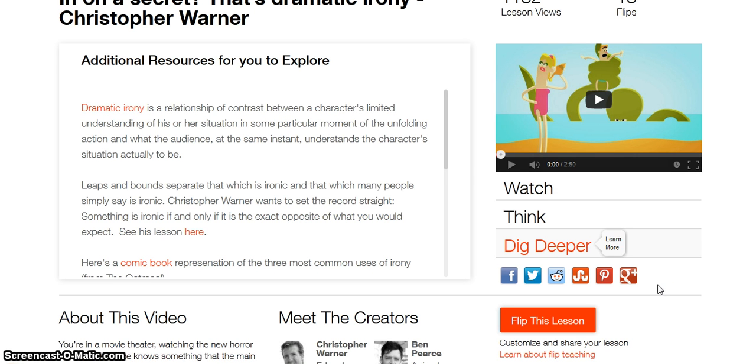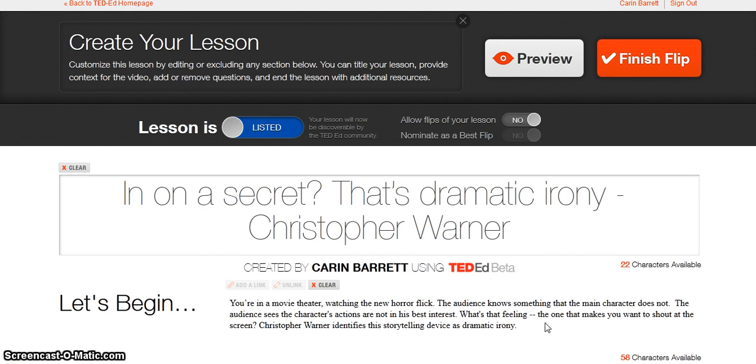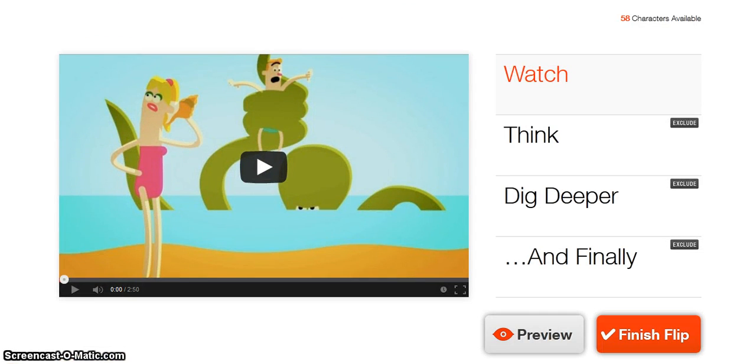Since I'm already logged in, I can choose to flip it, and it will take me to a page where this becomes my lesson. You can see it says created by Karen Barrett. I can leave the title the same and everything if I want to, but this is what allows me to use it with my students. So let's say, for example, you are just using this outright. You don't want to make any changes to it at all. You go down here, you click finish, and this is fed into your TED-Ed account